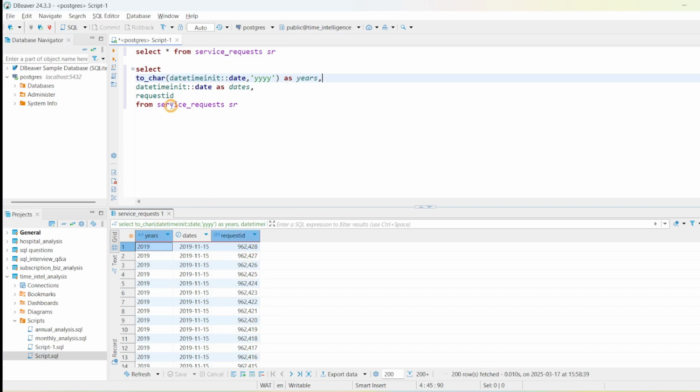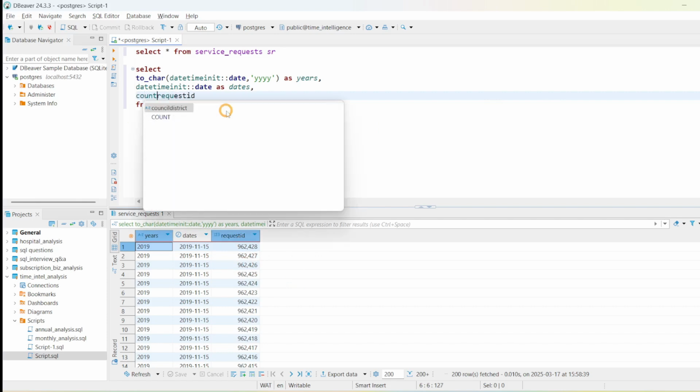So what I want to do in this table is some aggregation to count how many requests came in on any particular day, and have just one date to house the total number of requests that came in. And to do that, I have to do some aggregation with the request ID. So I'm going to count the request ID as